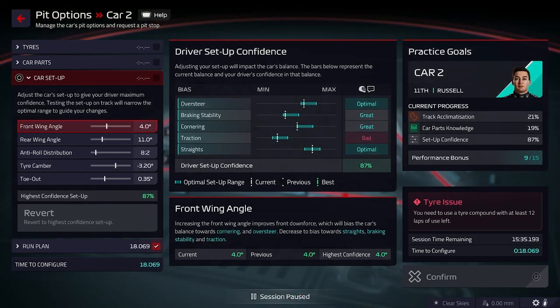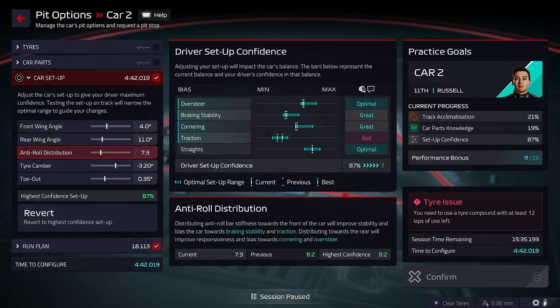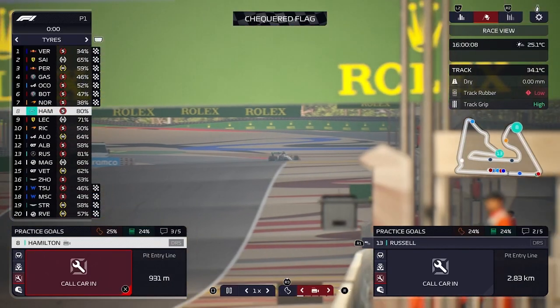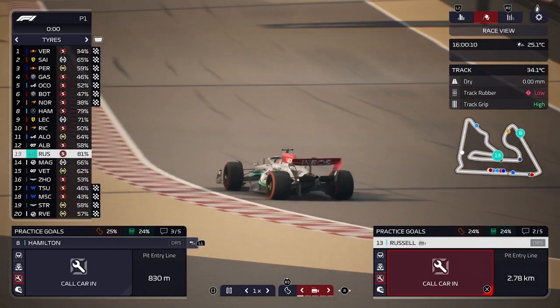And it's at 87% feedback for George Russell as well. So the traction is still pretty bad, so we do have to work with that quite a little bit. But we'll do that and send him back out as well. That will bring about the end of practice 1 then, with Lewis Hamilton down in P8 and George Russell down